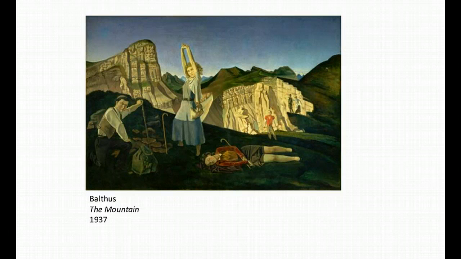Balthus, The Mountain. This is representative of a lot of his works, where we have young people in landscapes, also in interior scenes, and he usually renders these people in the same way that Nabokov structured his Lolita character, where the femme fatale is a younger woman, and that youth is used as a power structure held over an older man. Or at least that's how Nabokov wrote it in Lolita, and that's how almost all of Balthus's paintings incorporating young women are played out.